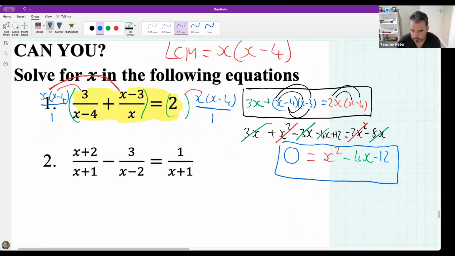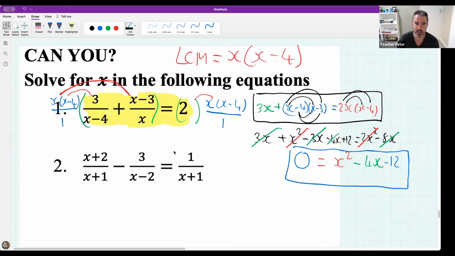I get x squared minus 4x minus 12. And Amy agrees with me, which I'm glad to hear, that we are both on the same page. If everybody else got that, anybody else get the same thing? Just give me a thumbs up if you followed that. I mean, that is probably pretty hard, but it really boils down to just multiplying both sides by this thing. If you understand that bit and how this gets rid of fractions,